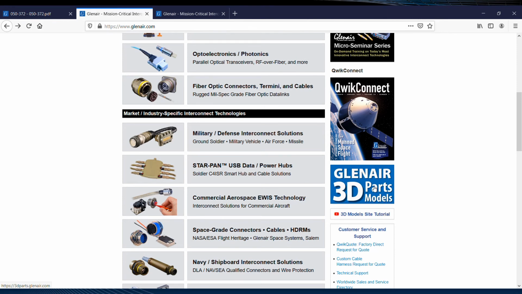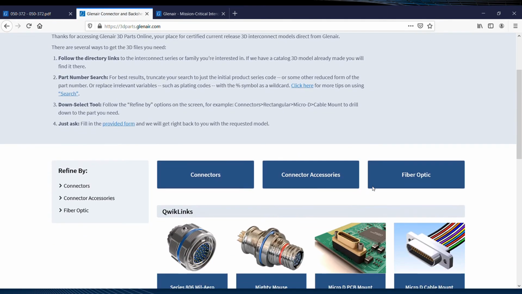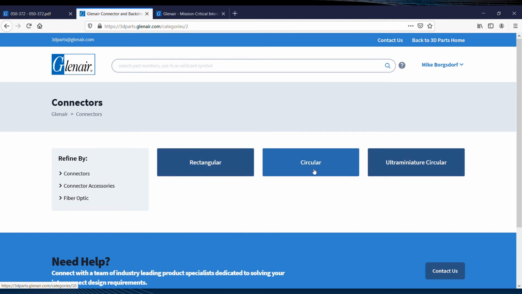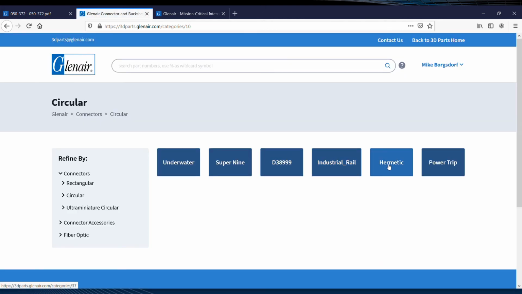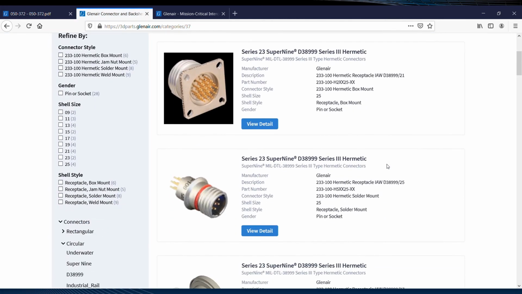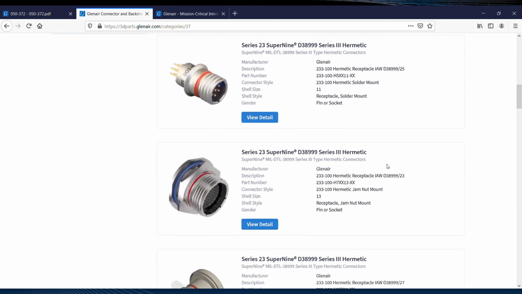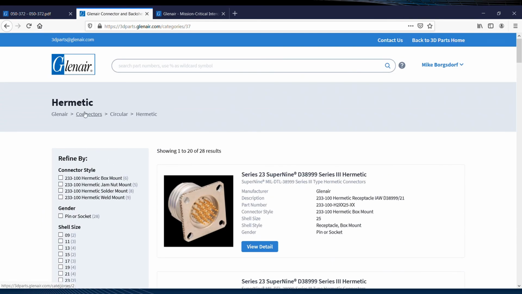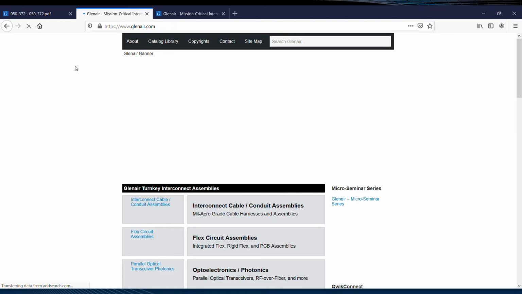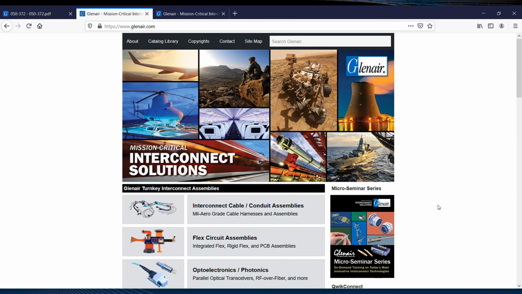Back to the home page, let's go to the Glenair 3D CAD file server and select, for example, connectors, and then circular, and then Hermetic to source all the currently available 3D models for Glenair Hermetic connectors. In general, a click on the Glenair logo here at the top of the page will always take you back